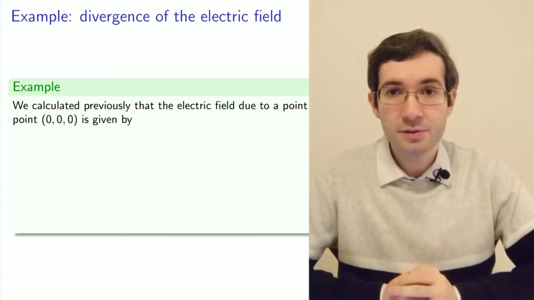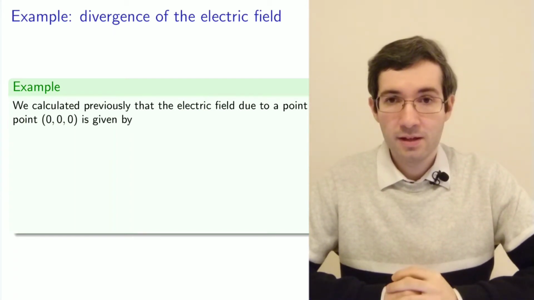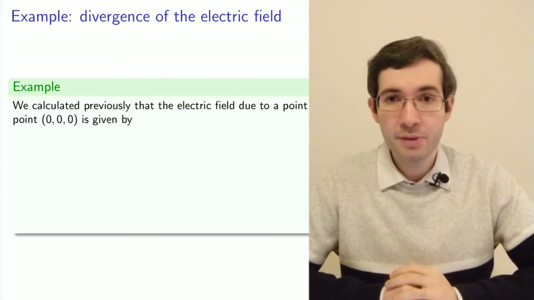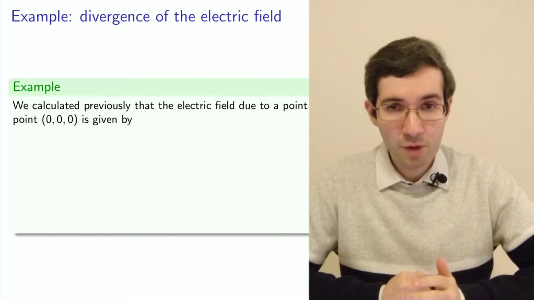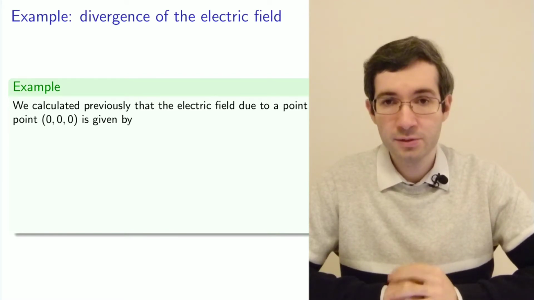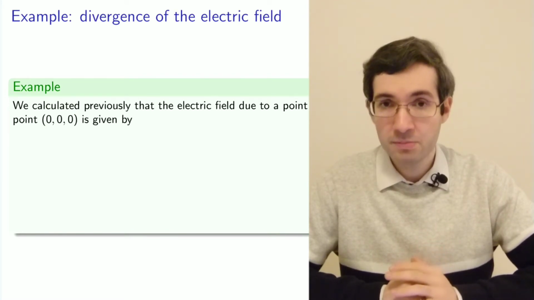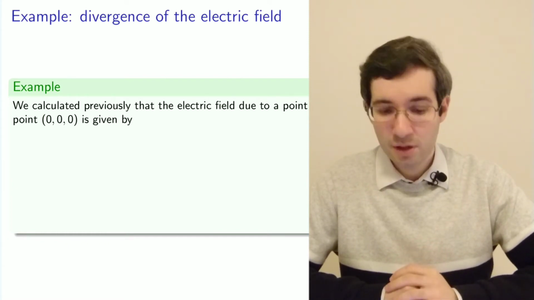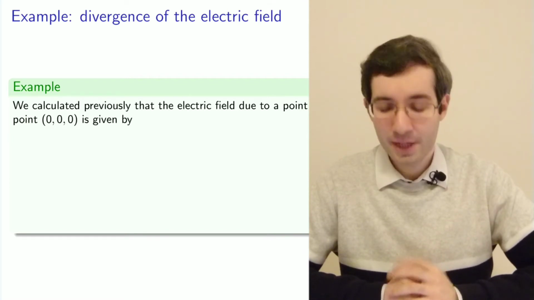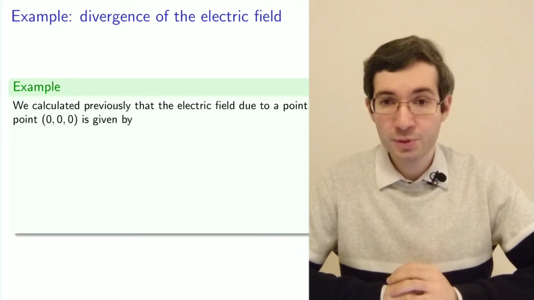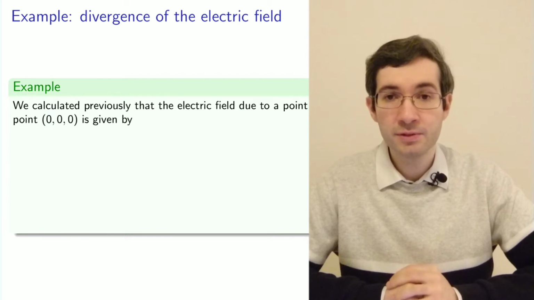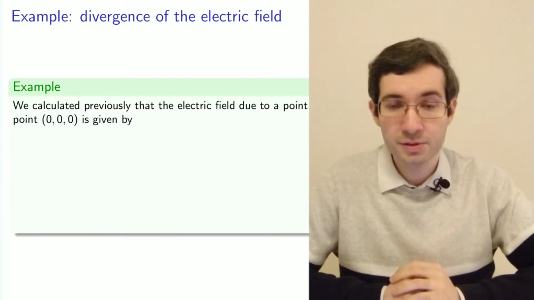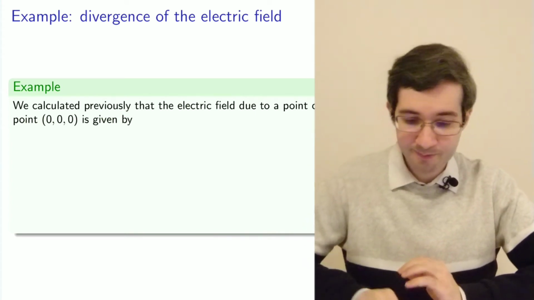We recently introduced the divergence and got some insights of its meaning, its interpretation, but we actually didn't apply this yet to anything. So let's look at the example, and a relevant example would be to understand what is the divergence of some electric field. Let's look for the electric field we already considered, which is the field generated by a single point charge placed at the origin at point 0, 0, 0.